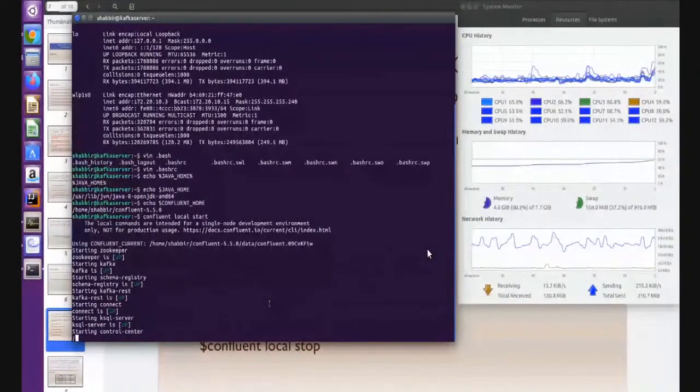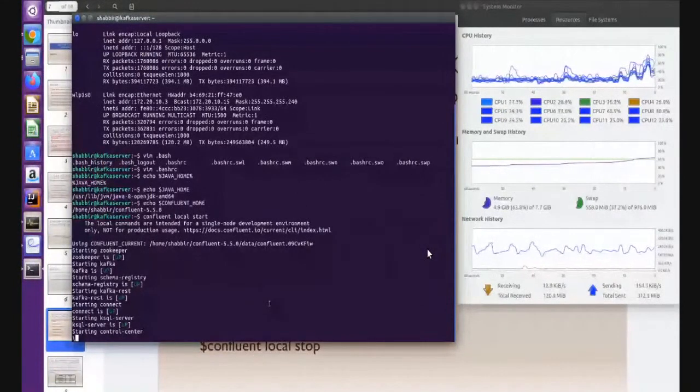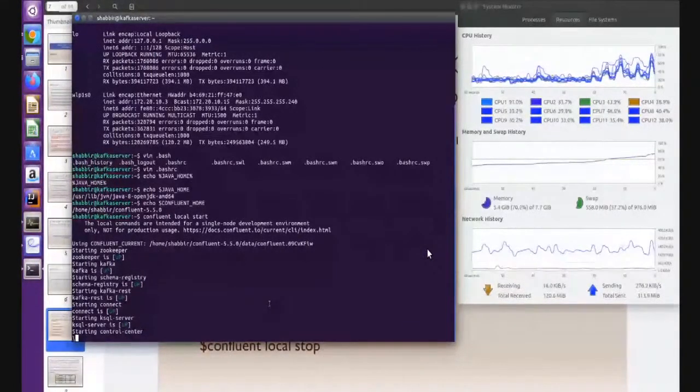Yesterday somebody asked me what the easiest way to install Kafka is. This is the easiest way. But it will run on only one node. You cannot make a cluster, because this is the community version and only one broker will run.